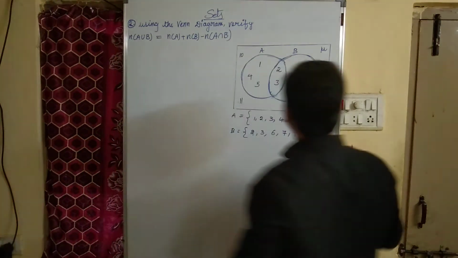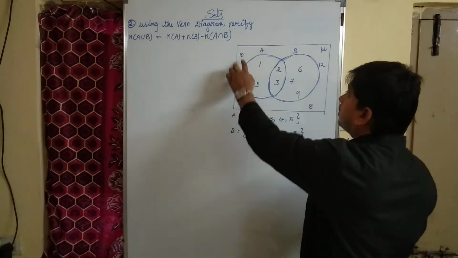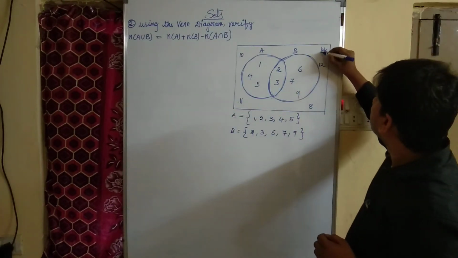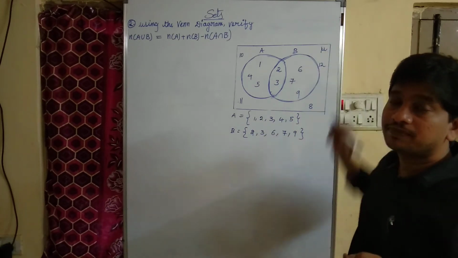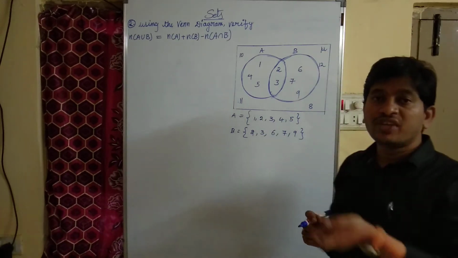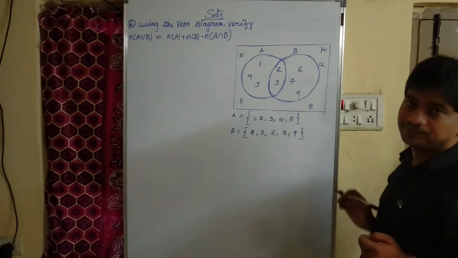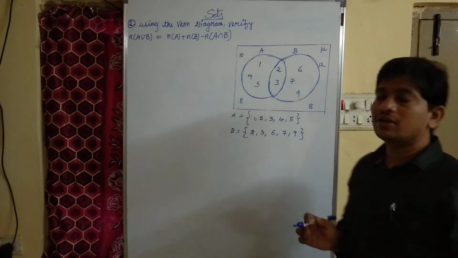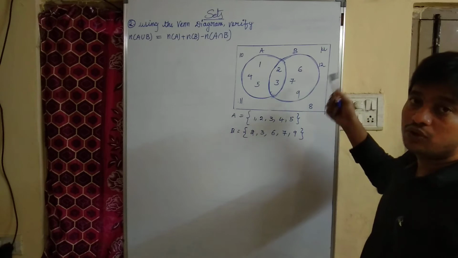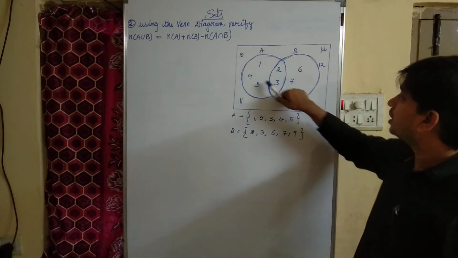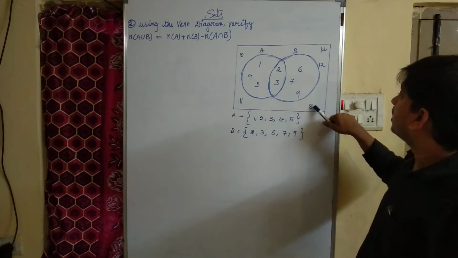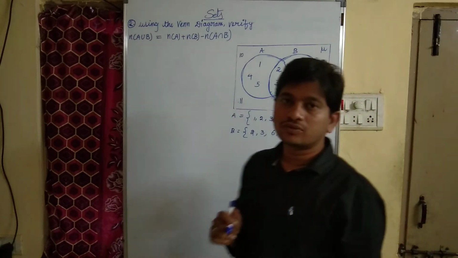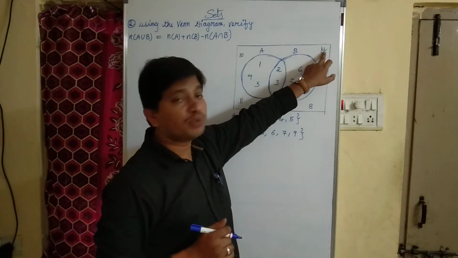And coming to what about the elements 8, 10, 11, 12? They are universal set. Actually, this mu is called universal set. Universal set is represented by a rectangle box. I mean all the elements which are there in both set A and set B, that is called as universal set. Universal set in the sense 1, 2, 3, 4, 5, 6, 7, 8, 9, 10, 11, 12. Okay. So that is called universal set. It is represented by the letter mu or U.